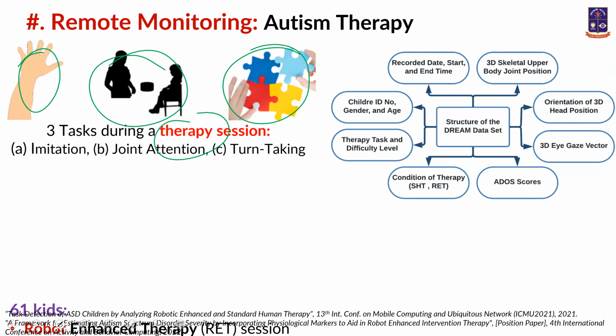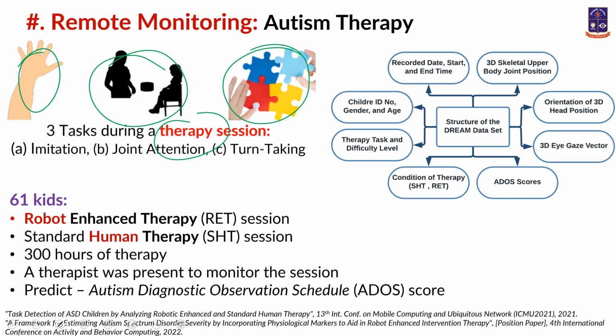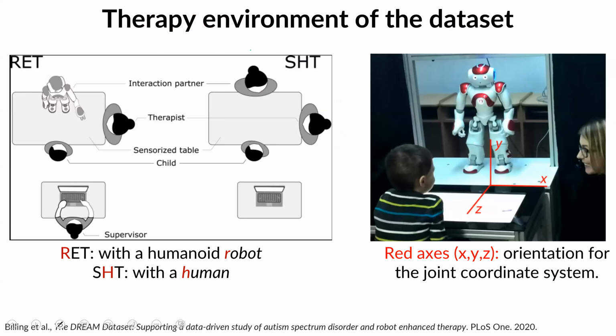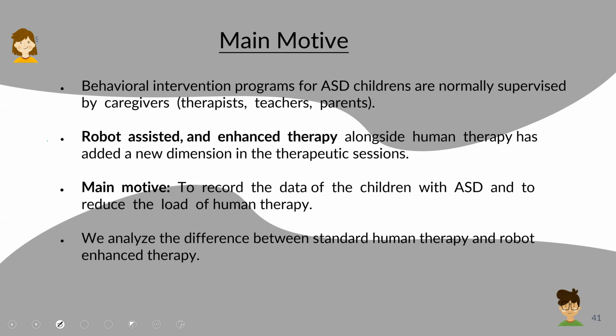Now, if we can collect the children's information, and there are cameras during that part, that would be nice. The therapist can monitor and so on. As I explained earlier, this is the therapist, there is a robot, and the child will interact with the robot, and based on the cameras and sensors, other information is collected, and you can see what is going on.